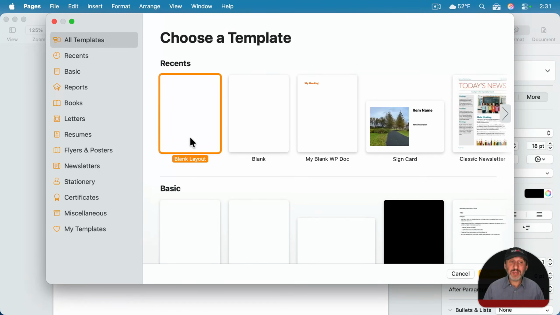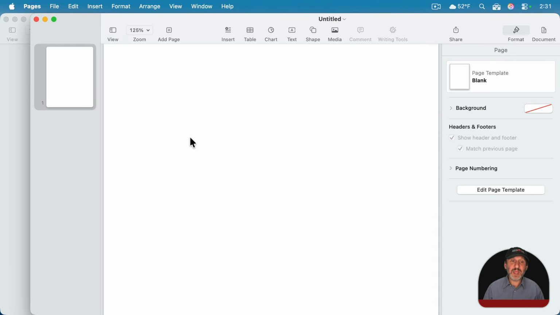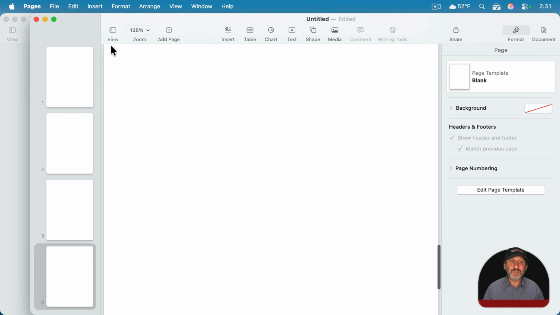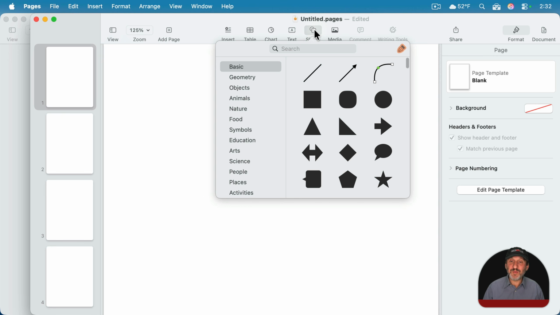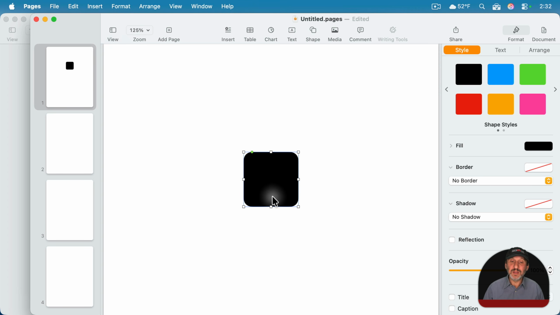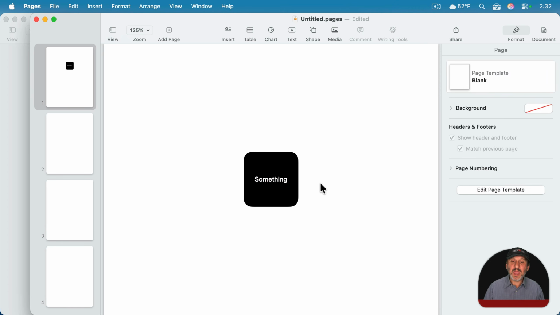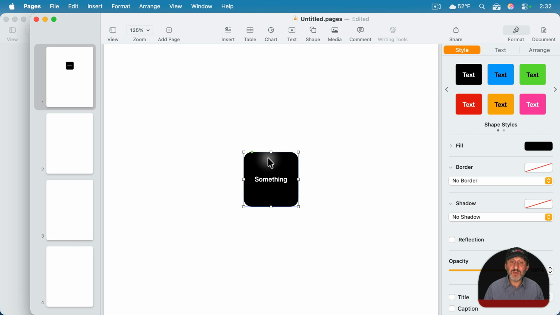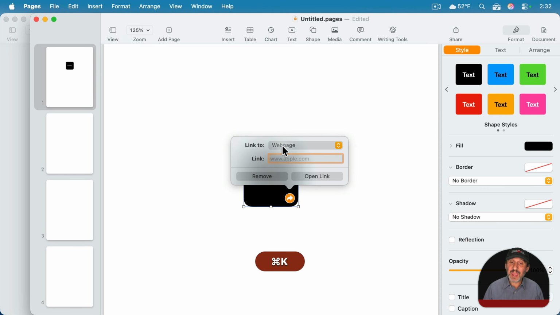If we do page layout mode here, we can create independent pages and say we're creating a 4-page newsletter, but probably a lot more pages if you're going to have some sort of navigation system. So you can, on this first page, have a piece of text or a button, like the shape here, that has something in it. And then I can just select the shape and I could do Command K, and notice